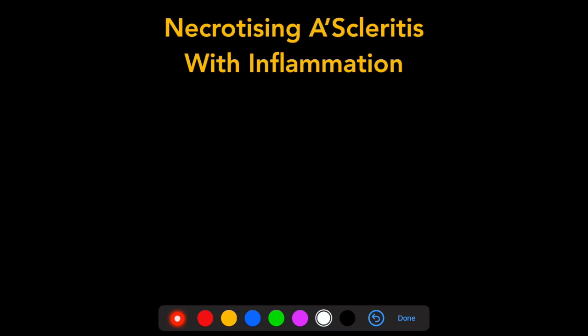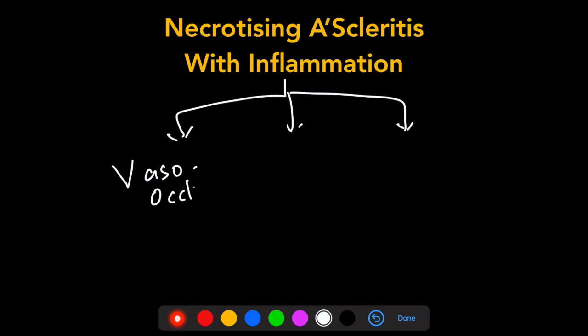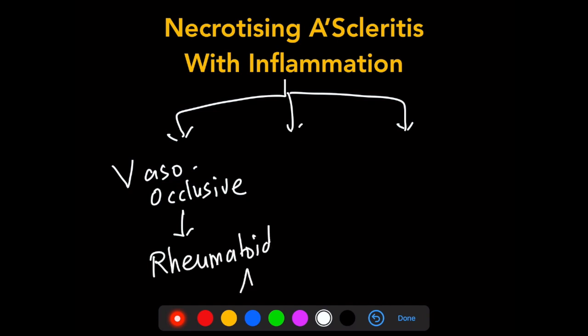Now we can classify the necrotizing anterior scleritis with inflammation into three types. 1, 2, 3. The first is called the vaso-occlusive. Because of the occlusion of the vessels, the underlying systemic disease is going to cause occlusion, or they're going to cause this immune complex deposition causing the ischemia of the sclera. Rheumatoid arthritis is the most common cause of vaso-occlusive type of necrotizing anterior scleritis